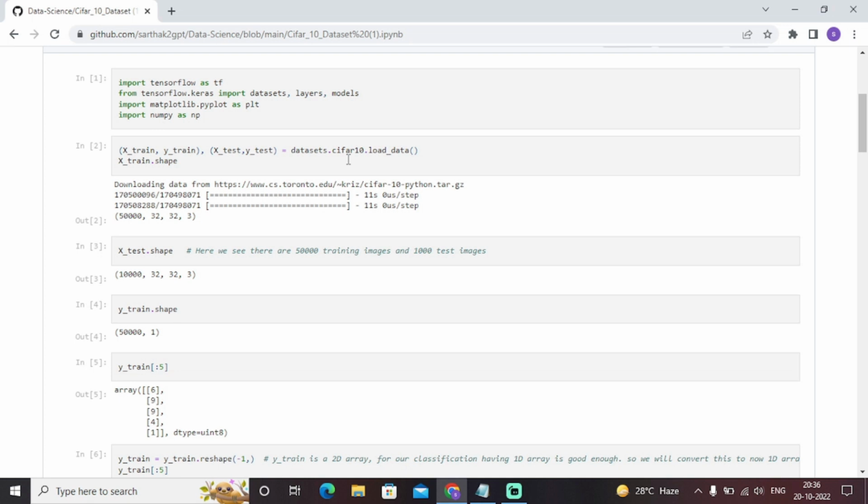some machine learning algorithms. Then it contains some 10,000 images with 32 by 32 by 3 dimensions, and all this code displayed on the screen is nothing but a proper training and test splitting for